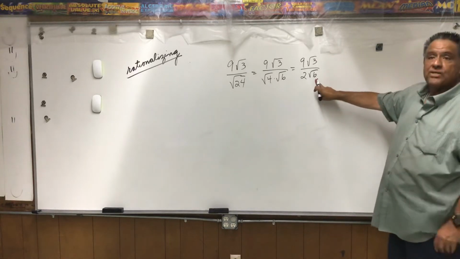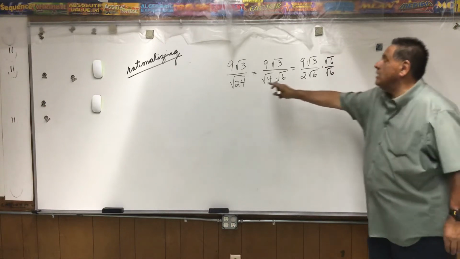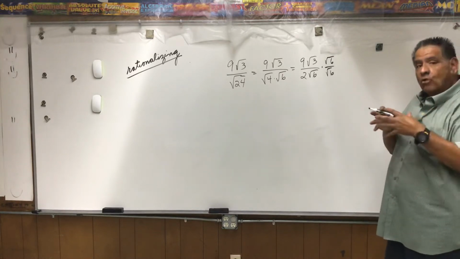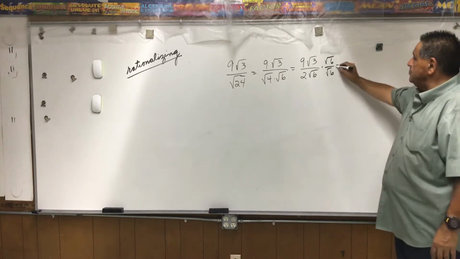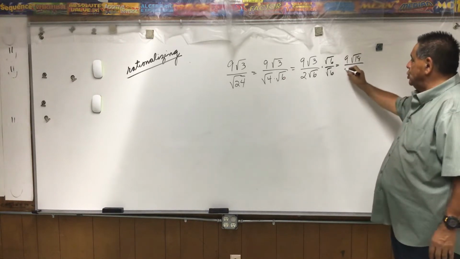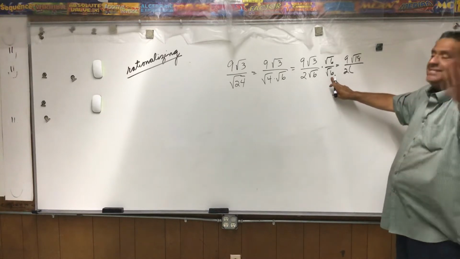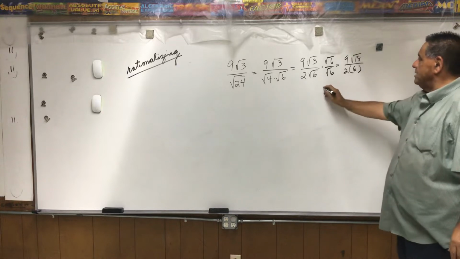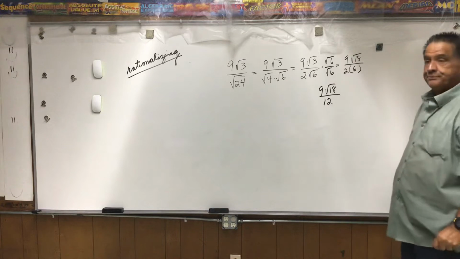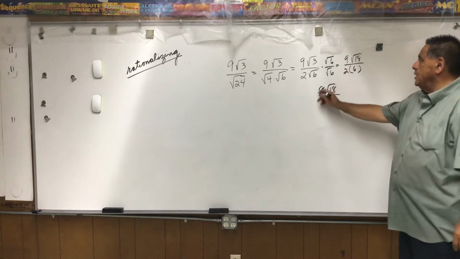Now, I still have to get rid of this radical. So it's a lot easier multiplying by radical 6 than radical 24. Big numbers, more simplifying and more factors you have to find. So this becomes 9 radical 18 over, this is 2 times, you know that radical 6 times radical 6, radical 36, or 6. So I'm going to put it down here. Now we have 9 radical 18 over 12. Can we simplify these two? Sure, by 3. So we'll get 3